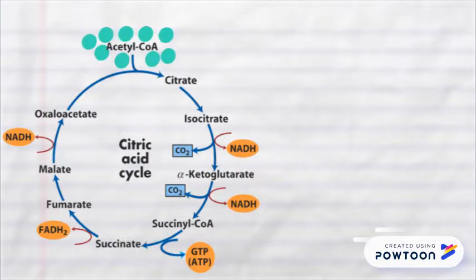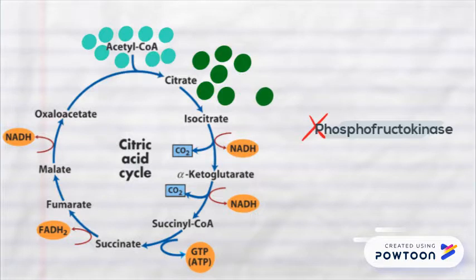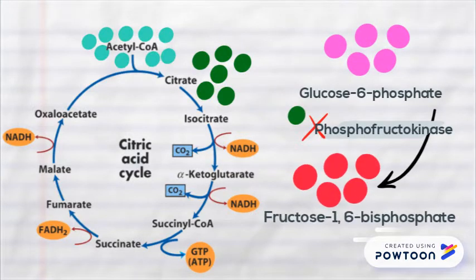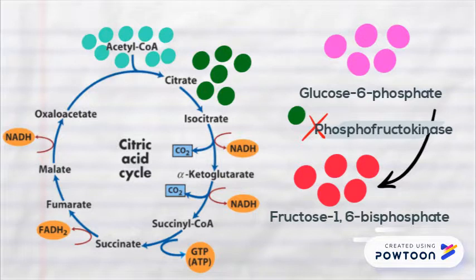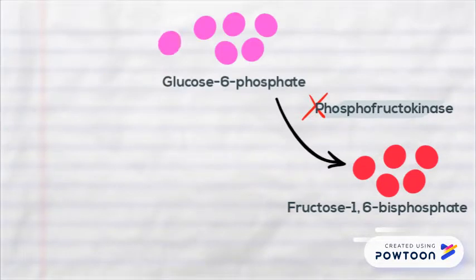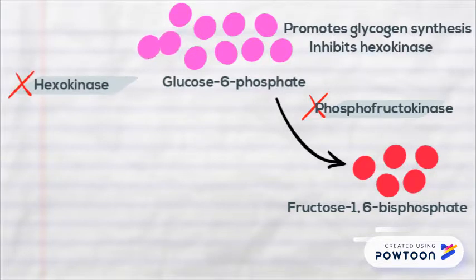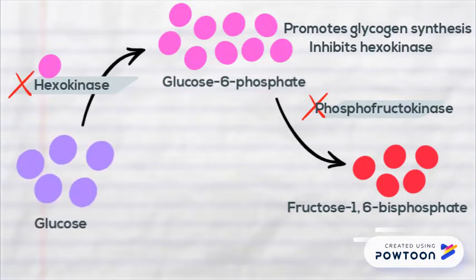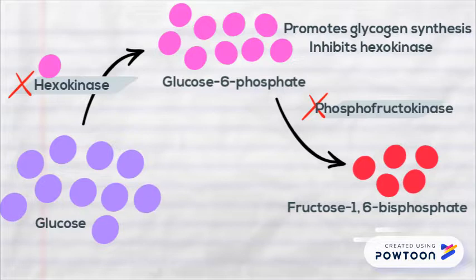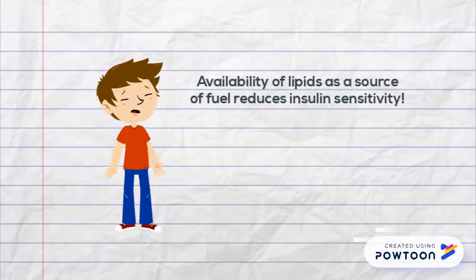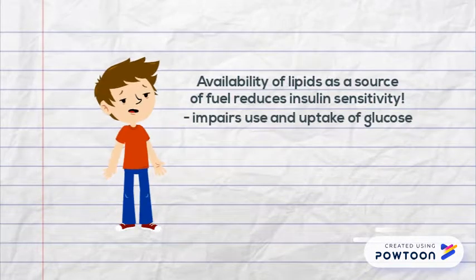Increased acetyl CoA drives the Krebs cycle and citrate accumulates, which inhibits phosphofructokinase, an enzyme that catalyzes a commitment step in glycolysis. Intracellular concentration of G6P increases, promoting glycogen synthesis and inhibiting hexokinase. Since hexokinase converts glucose to G6P, intracellular glucose accumulates, and further glucose uptake is prevented. Thus, the availability of lipids as a source of fuel impairs the use and uptake of glucose into the cell,